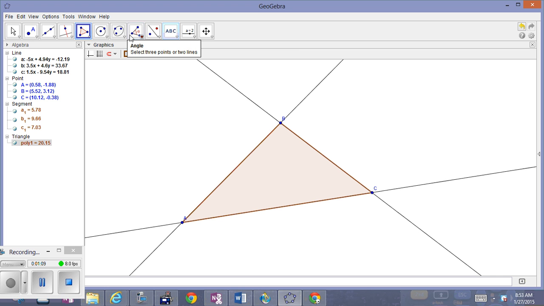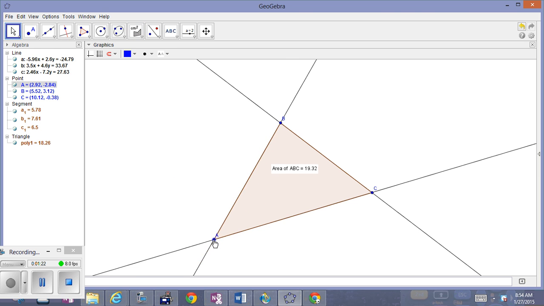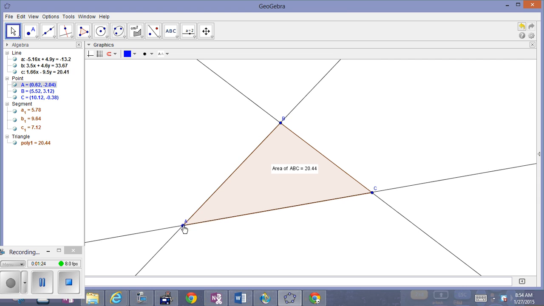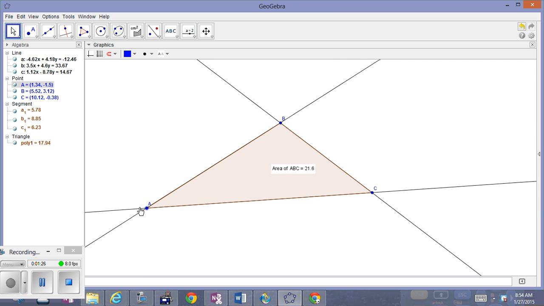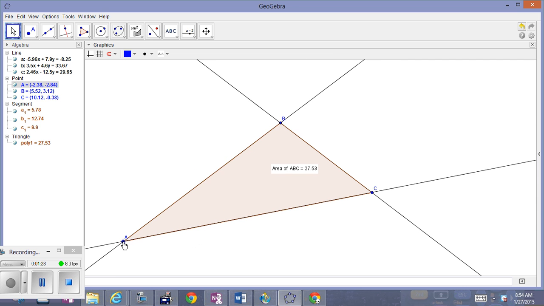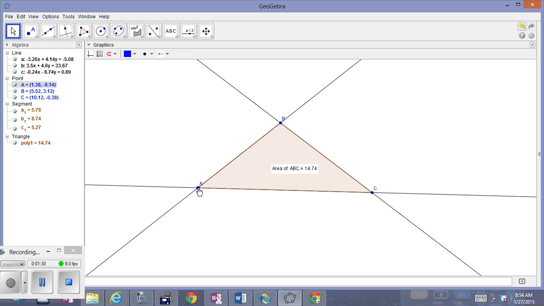We can find its area up here. So we want its area. Click on it, there's the area. And of course, we can see that the area is subject to change as we change the configuration of the triangle, maybe from a right to an acute all the way to an obtuse. Now let's find